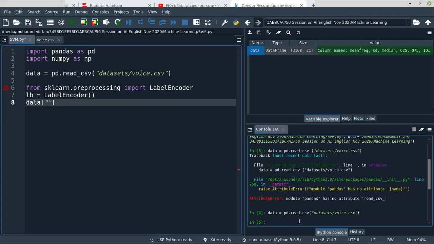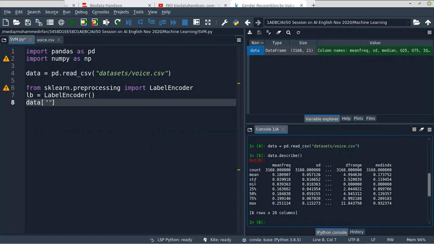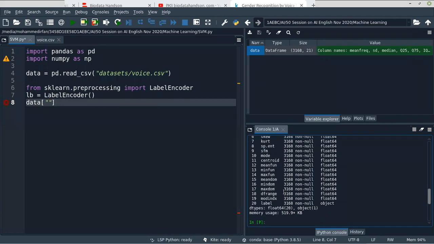You can see what all the features we have and describe it using the describe function. As you can see we have too many columns, and we also have another function called info. It will give the information about the columns.